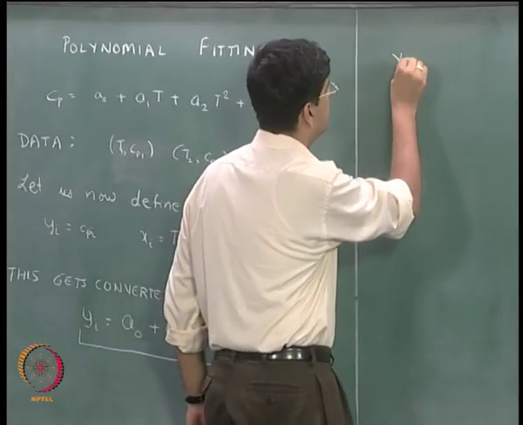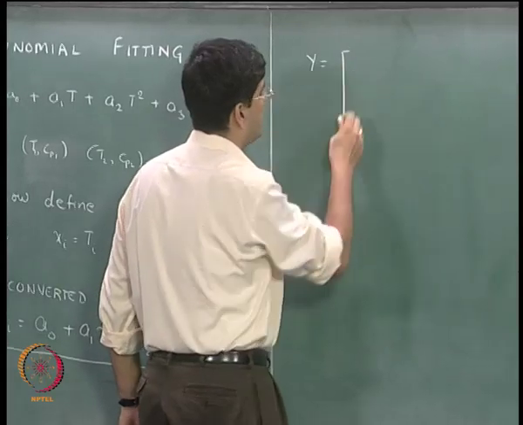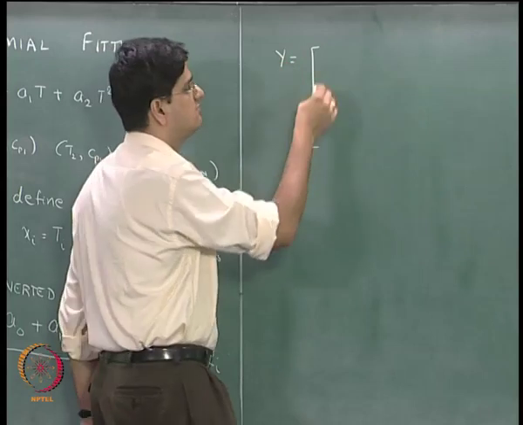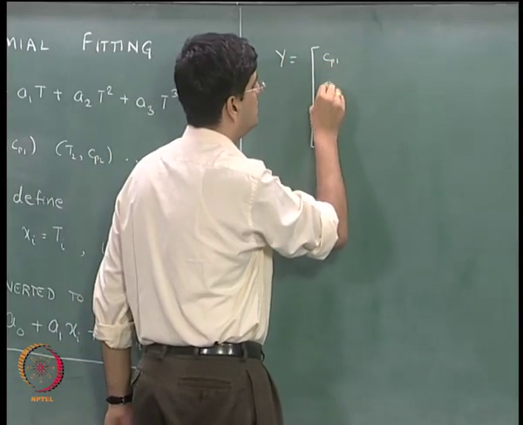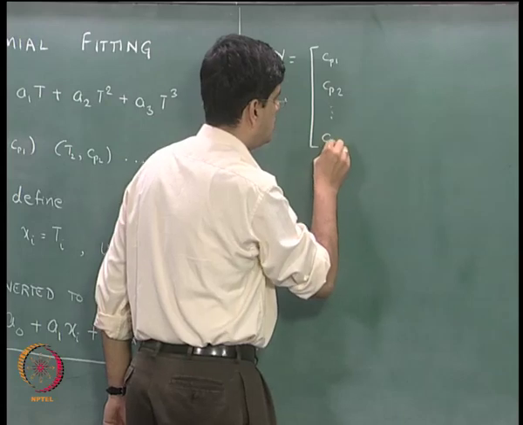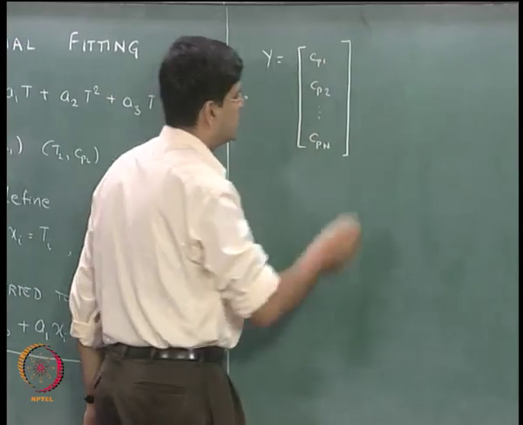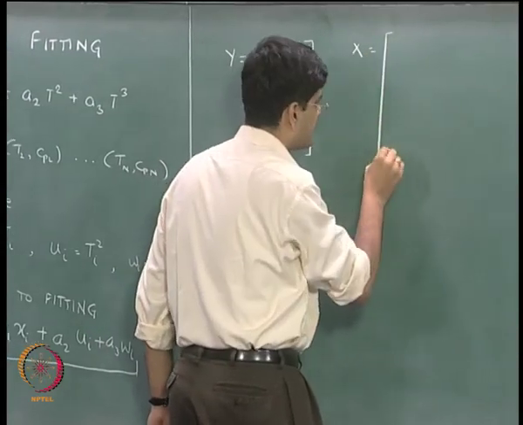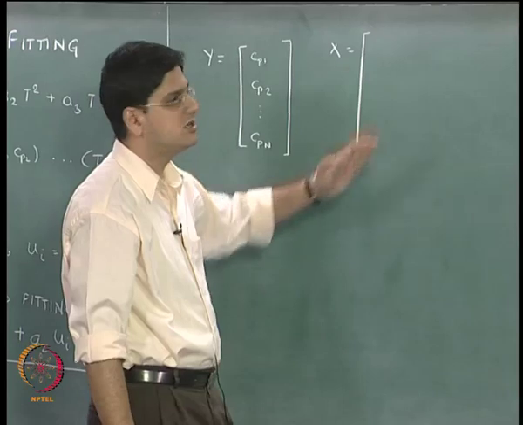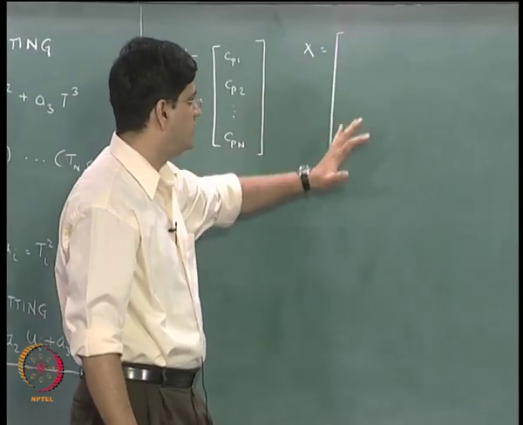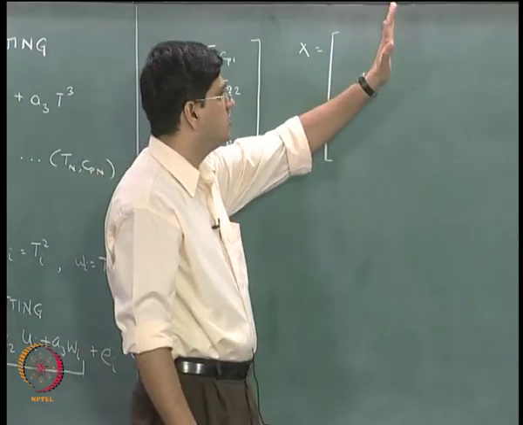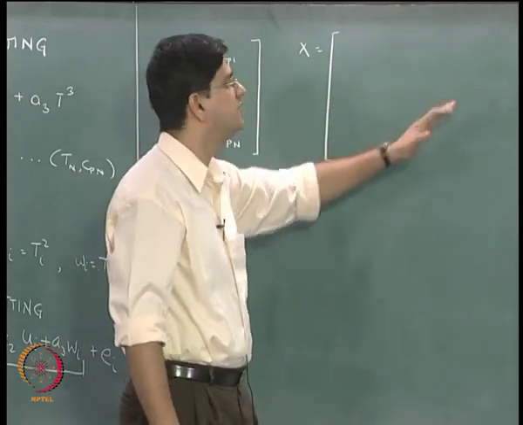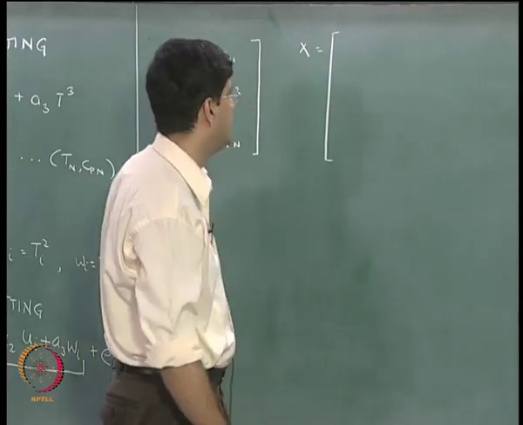For this model, what we had is the matrix Y was defined as y1, y2 and so on up to yn. Y, recall, is nothing but Cp, so we have Cp1, Cp2 and so on up to Cpn. That is going to be our vector Y. Our matrix X, if you recall from the previous lecture, the first column of matrix X was 1 repeated n times. The second column was x1, x2, x3 up to xn, third column u1, u2, u3 up to un, and fourth column w1, w2, w3 up to wn.